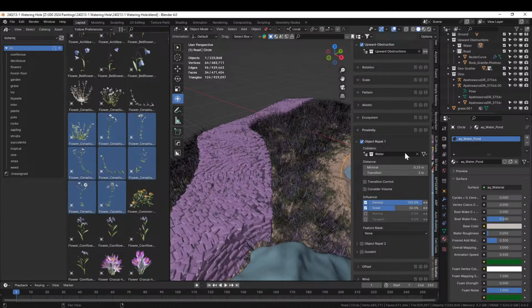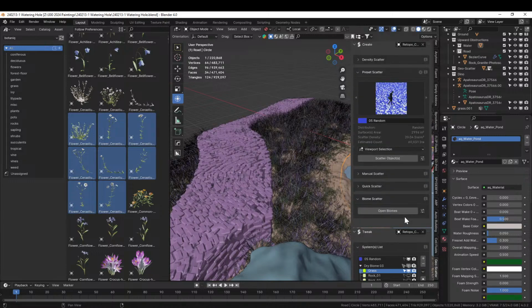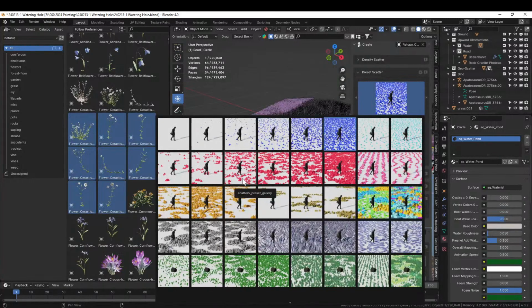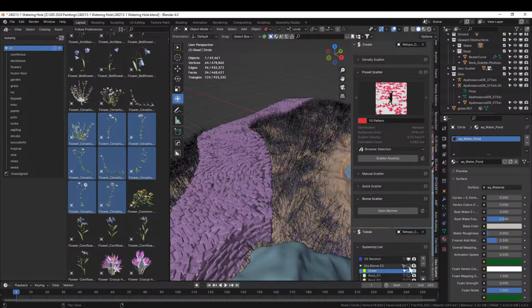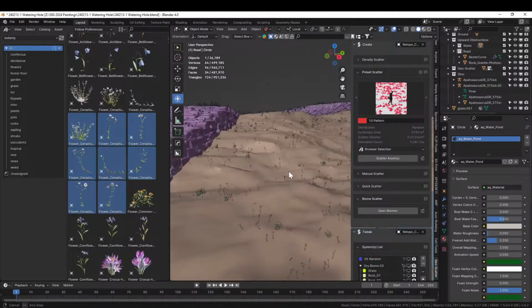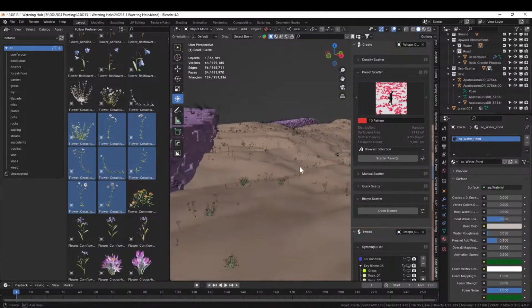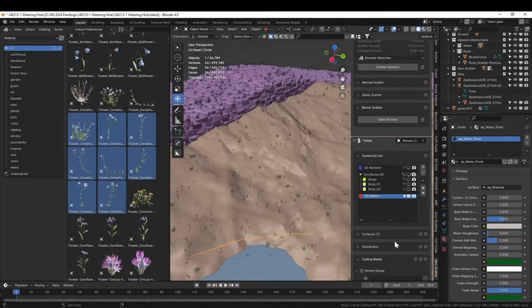Cool. All those. And we're going to come up here and do a new one from browser selection, clumped there. And I'm just going to turn off grass again. And we'll turn off this one too, just so we can see what we're doing. Scatter the assets. They are everywhere. They're tiny, which I don't know that I hate, but I'm going to first